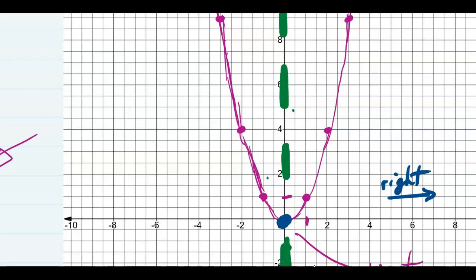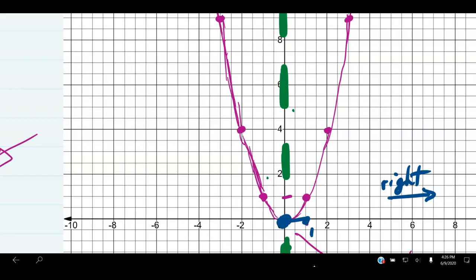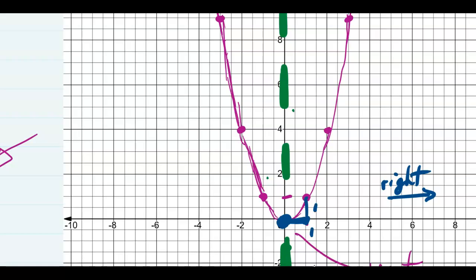So we go over here to this x value of 1. How far does the graph go up? We go over 1 and we go up 1, don't we? Now if we go to the left by 1, we also go up 1 to get to this point. So we go over 1 to the right or over 1 to the left, we go up 1 for